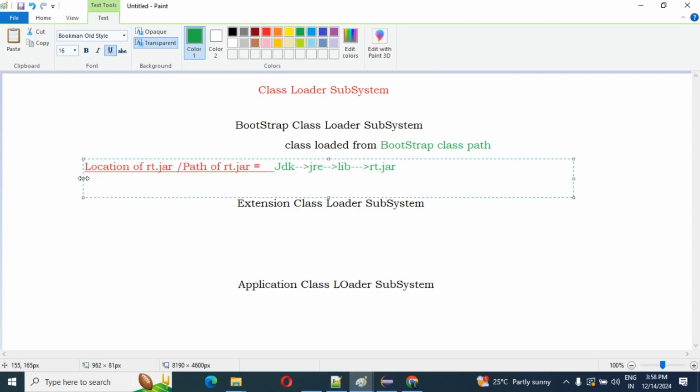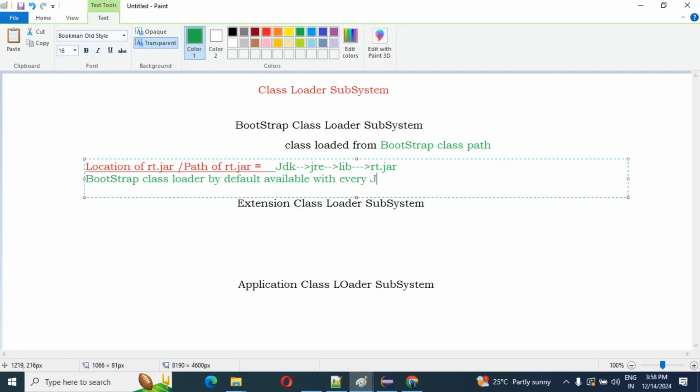The first point, please keep in mind: bootstrap class loader is available by default with every JVM.